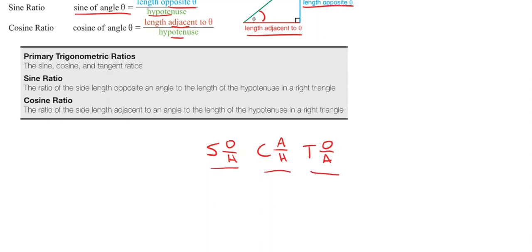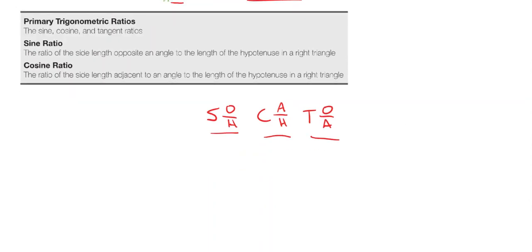Okay. Why this is helpful is that you'll see kids in my other classes write this all over the page every time they do a question. It helps you figure out whether we need sine, cos, or tan. Okay, but first off,